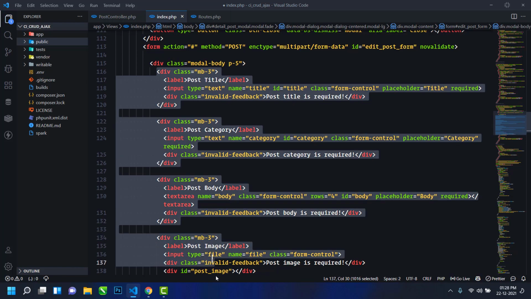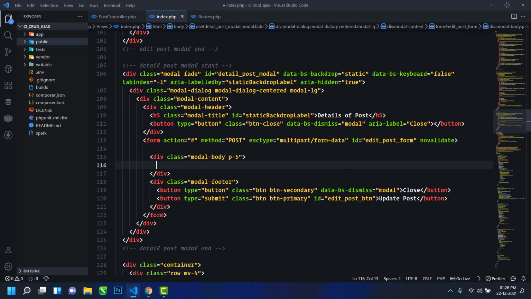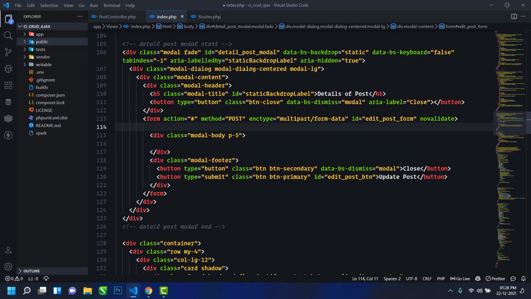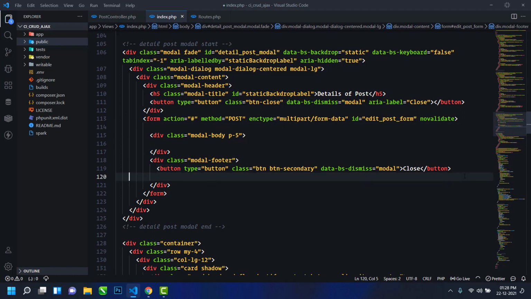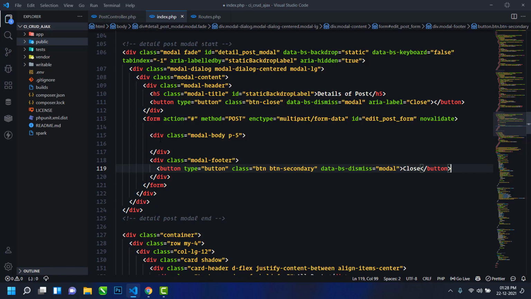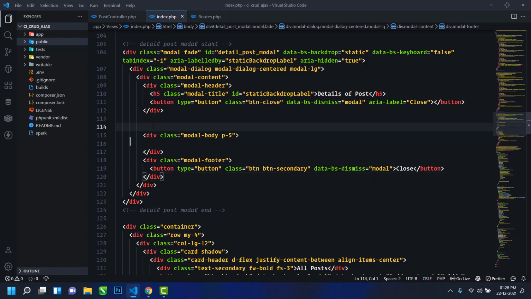Just select all up to here, remove, and I will also remove this update post button. Remove it from here, and next just remove this form tag, and from here also just remove this form tag.